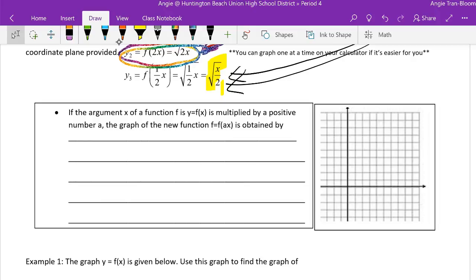Positive. Positive, okay. The graph of a new function, can you see how it changes from y equals f of x to now this? Can you see now instead of x before, now you have a times x? Because that's what it says. It's going to multiply by a, okay? So the graph of the new function, y equals f of a x, is obtained by multiplying